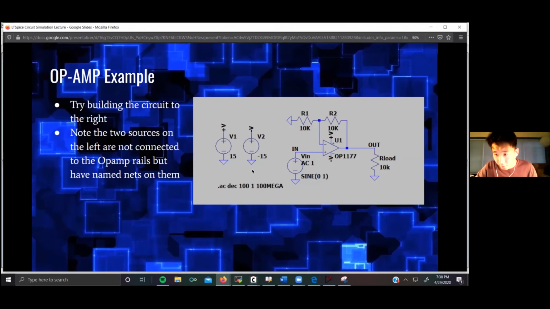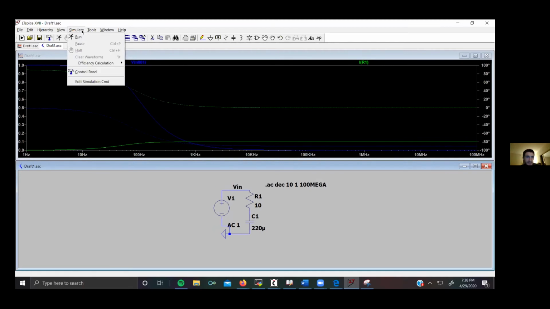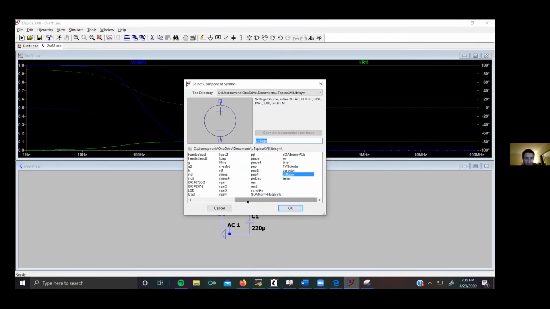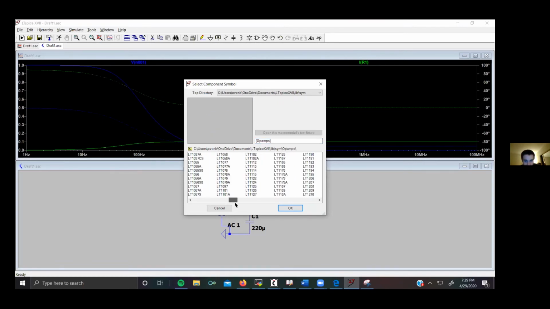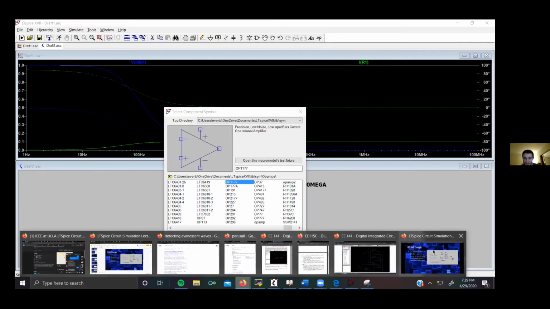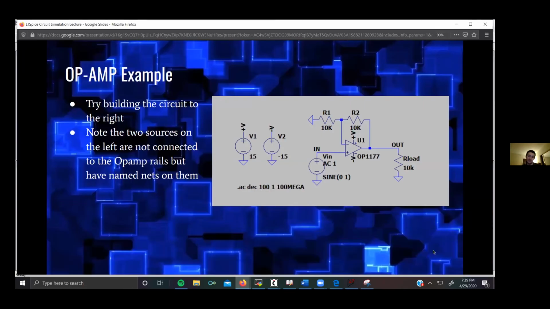Okay, for me, I didn't have that specific op amp, but anyone should be okay. Wait, do you not? I have OP07. Here, I can show you where it is. So basically, we'll go in, op amps. OP1177. But if you use another op amp, it should be roughly equivalent because this is just sort of a normal,